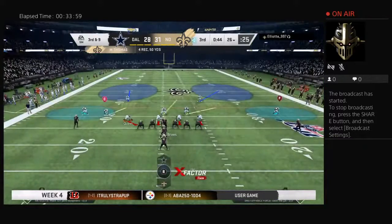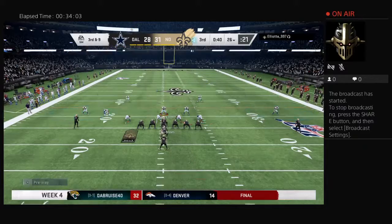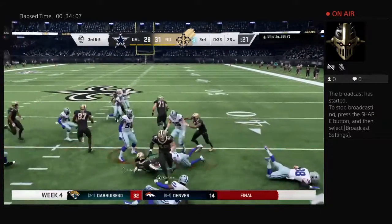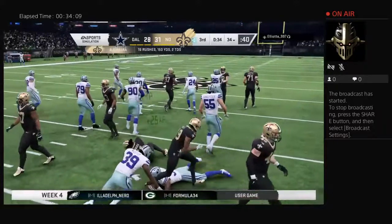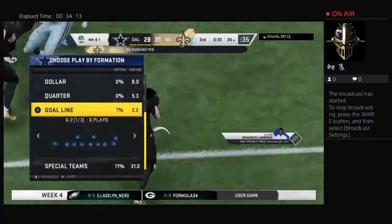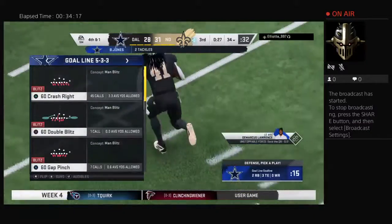Ready. And it looks like we've got a dime set here defensively. 6 DBs in the game. The busy night continues for Kamara. And he's going to come up a bit short. He needed to get to the 35 for the first, but he only makes it to the 34. He did well to get 8 yards, but it's still going to mean a call to the punt team